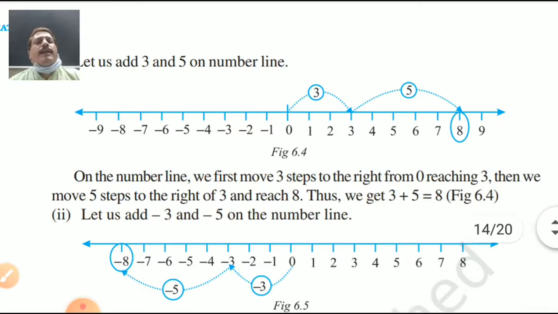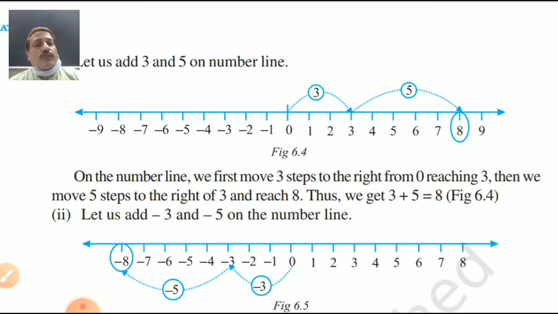Jumping. See, add 3 to 5 on number line. Where we have to move, suppose first 3 plus 5, that means 0 to 3, first jump, then 5 jumps, that's 3 to 8, that gives me an 8. Same way for negative numbers also possible, -3 minus 5, both numbers are negative. We can take the addition, that gives me a -8. So from 0 to -3 first jump, and -3, 5 jumps as a minus, left side, gives me a -8.